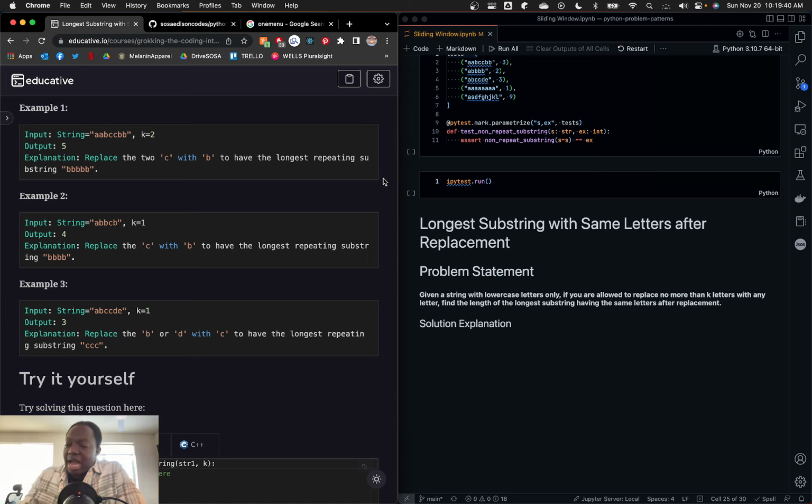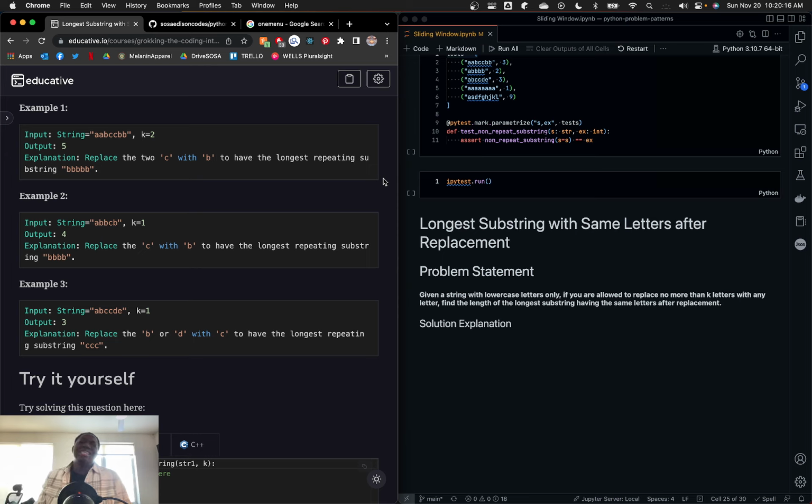Once we add a B, our end is now pointed to B. No need for window adjustment. We can skip that. But now we have what? So what's the calculation for our max adjustment? For a max length update? Well, it's going to be the count. It's going to be the number of characters, right? So how do we calculate the number of characters available? Well, we had the A. The A only occurred once,